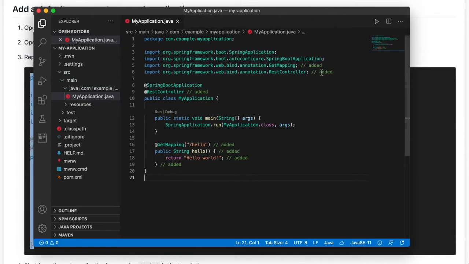So what we're doing here is just importing some library code to do mappings, to say /hello and respond to that. And then we'll be responding with the words hello world. And so when we run this,